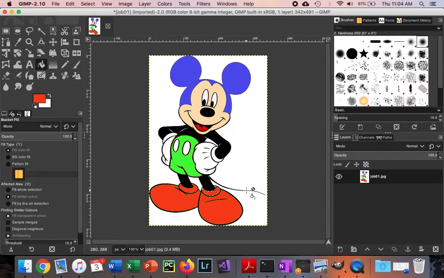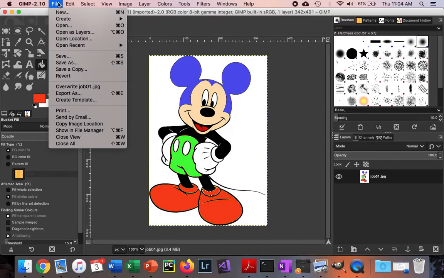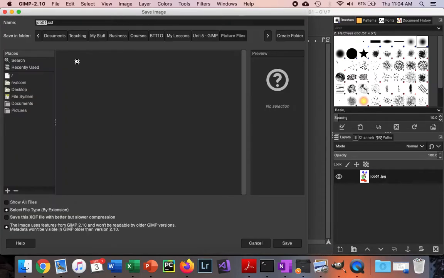And now what we need to do is save this object. There are two things you need to do to save this. First, you want to just save it. So we always want to use save as. So we're going to go to save as, and notice this right here,